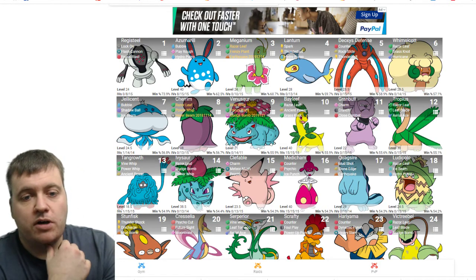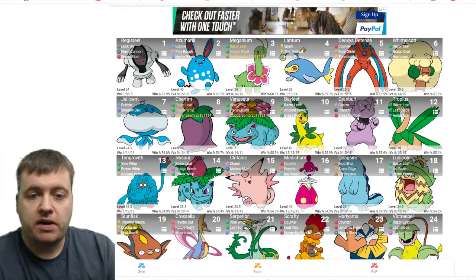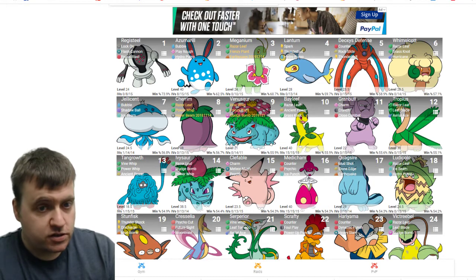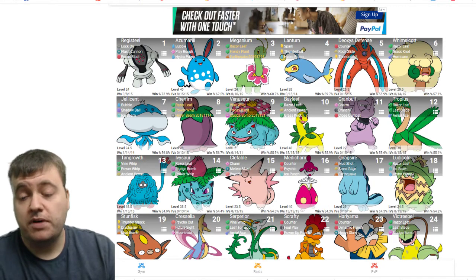Tangrowth has Vine Whip, Power Whip, and Ancient Power, which, again, is quite fitting for the main series games, really, but Ancient Power is very good against the flying types. Again, Altaria. Not so much Skarmory. I think Tangrowth does fall really hard to Skarmory. But I'd say it can hit the Stunfisk, and it can hurt the Scrafty, the Quagsire, and then maybe the